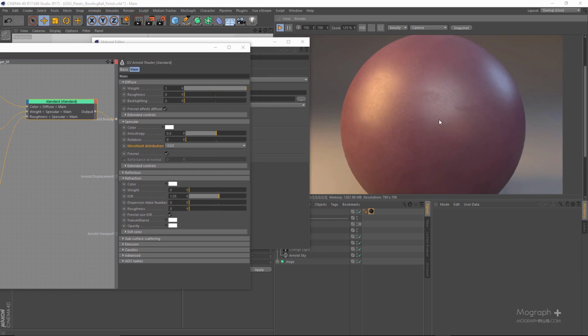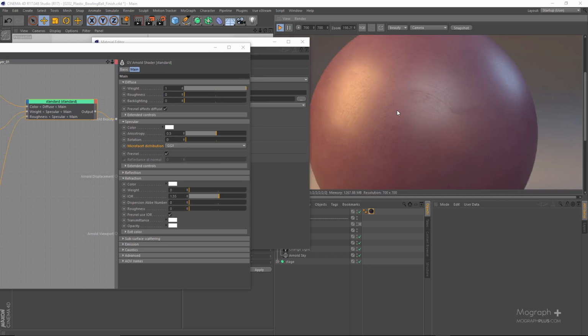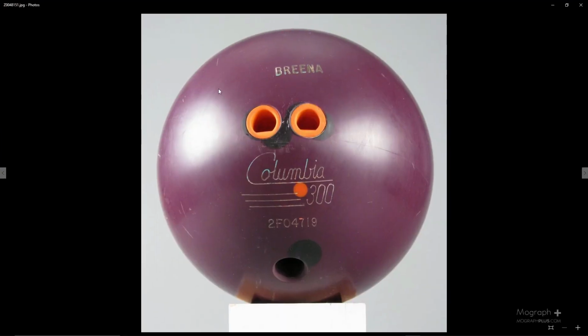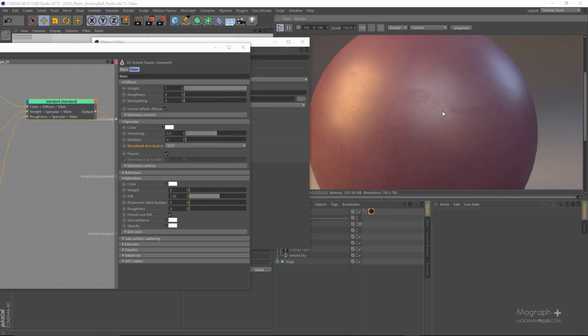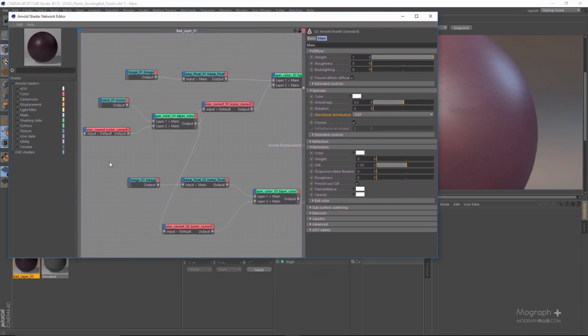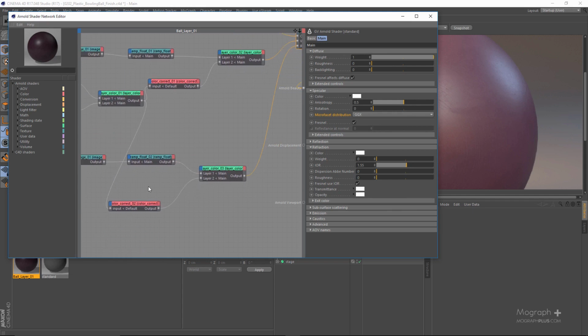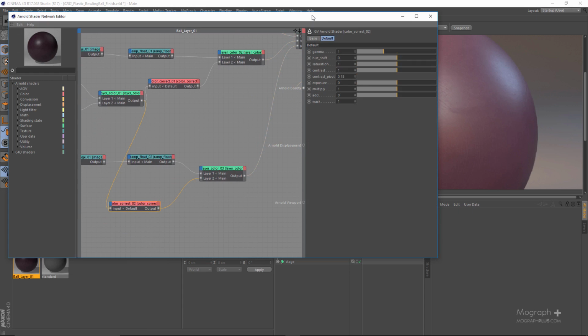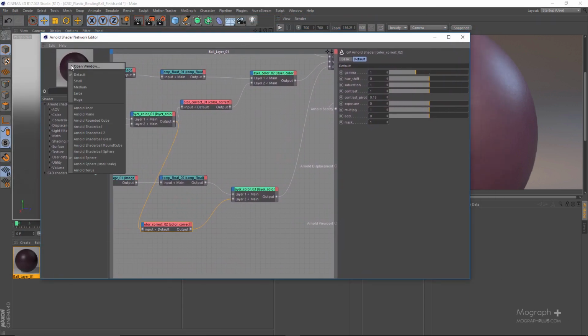So as you can see, the IPR is finished, and I see one problem: this is just way too contrasty in these specular roughness. If you take a look at the original image, it's way smoother compared to what we have here. So I think the main problem causing this is the circular pattern that comes down here to control our second layer. We have added this color correct, so now we can put it to good use. So if I just stop my IPR here and open this window,